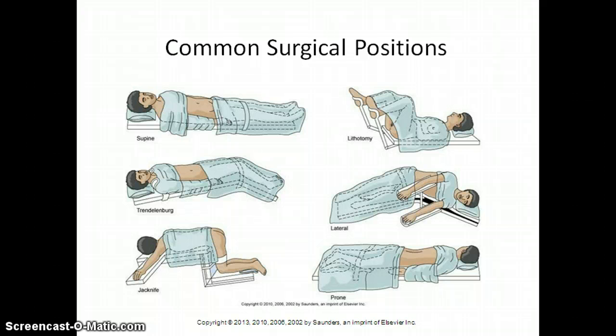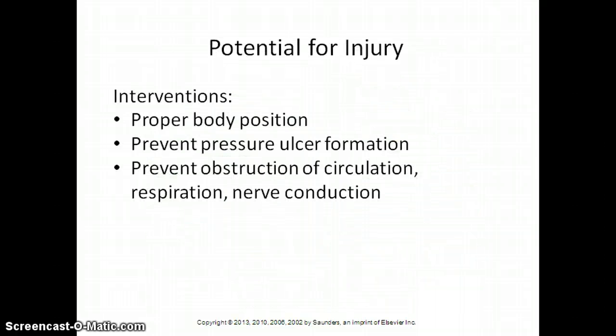Our best outcome for our patients is to prevent complications from long-term immobility. So obviously the potential for injury is going to occur for patients due to the positioning. We want to make sure that we are preventing any pressure sores. We want to ensure that our patient has peripheral sensation and motor function after surgery. So we want to do that really good assessment in the preoperative period so that the patient can be assessed postoperatively and ensure that they have the same functioning level, same sensation level